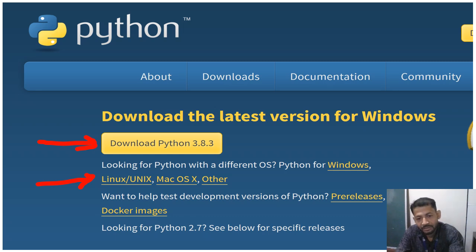So now, how to download Python? It is free of cost and very easy to download. Just open Google Chrome or any web browser, Internet Explorer or Mozilla Firefox. In the search box, you just write download Python. If you click, it will show the Python dialog box